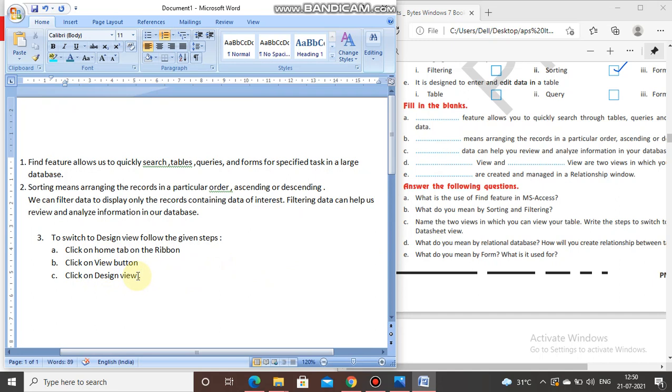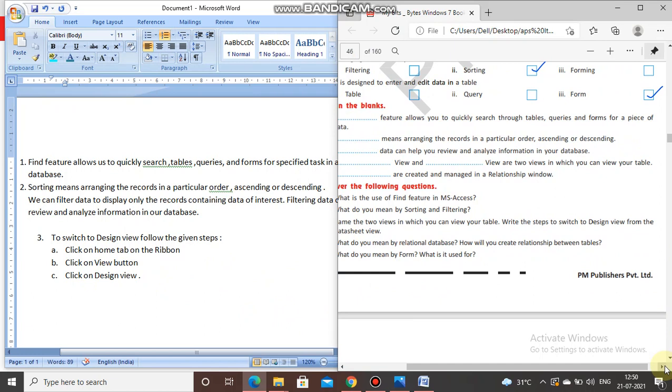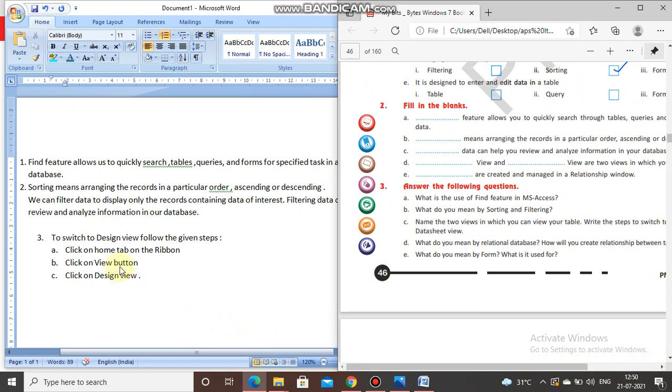Now next question, what do you mean by a relational database, and how will you create a relationship between tables? Okay, these are the 2 answers.